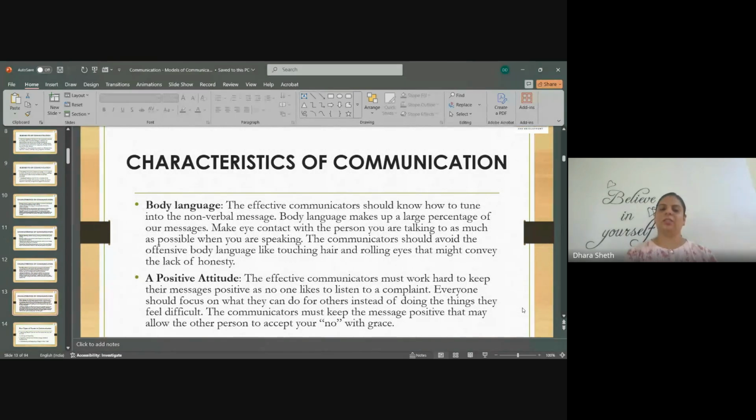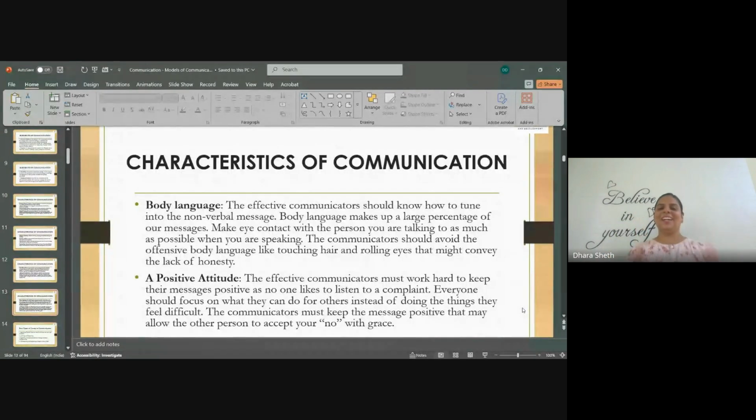Body language is all the non-verbal communication that happens: eye contact, facial expressions, hand gestures, how close or how far you are in terms of proximity, dress, color. All of this forms a part of body language. The way you stand, the way your posture is. If I keep doing like this, you will really not like it. Of course, we have the PPT going on, but if someone's looking at my face right now, see, I am doing this and explaining it to you, you would not like it. So that is body language.